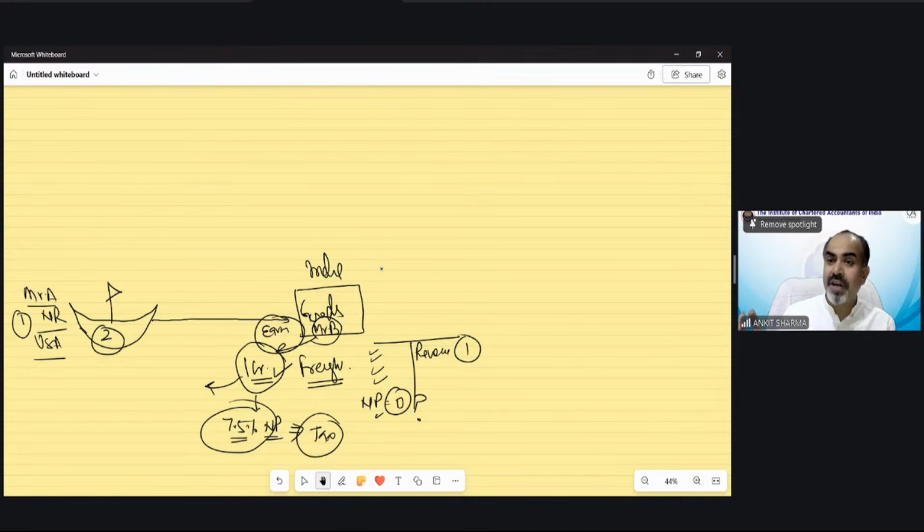So either you need to pay tax on this 7.5% or you need to make a prescribed arrangement. That means someone else in India will take the responsibility of paying tax. So either the non-resident shipping business owner will pay the tax, or in India, somebody will take the responsibility for paying the tax on this income. And of course, the person who is taking the responsibility must be some known person who has that much net worth, etc.